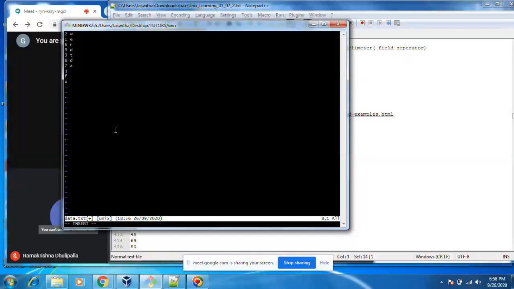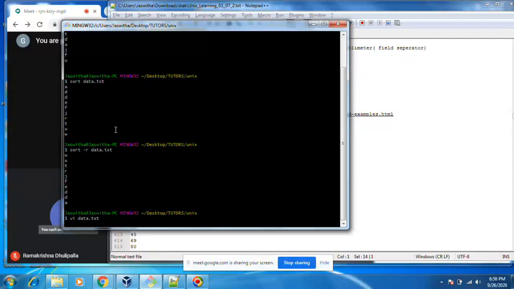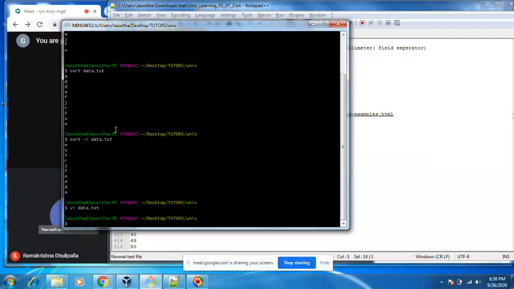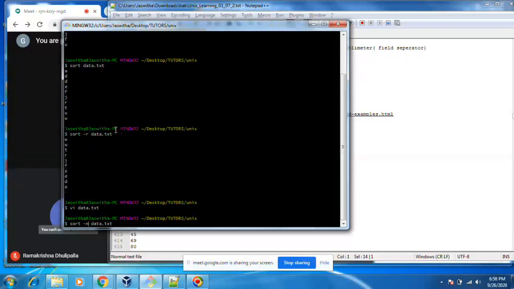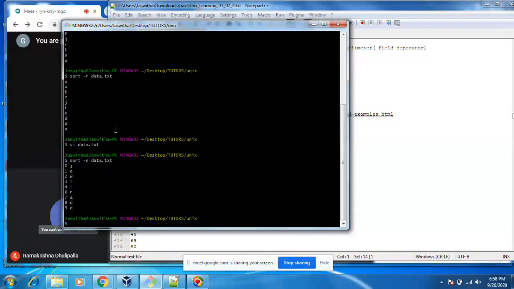Okay. I want to sort based on number. You see, it is sorted based on numbering. Okay. If I want to sort number in reverse order, sort hyphen nr.